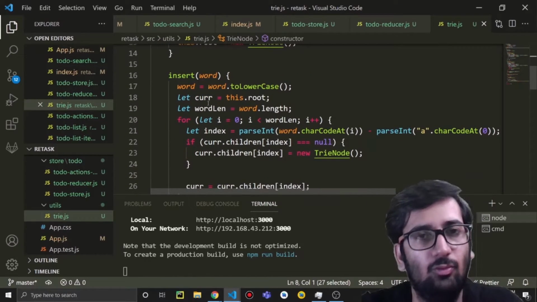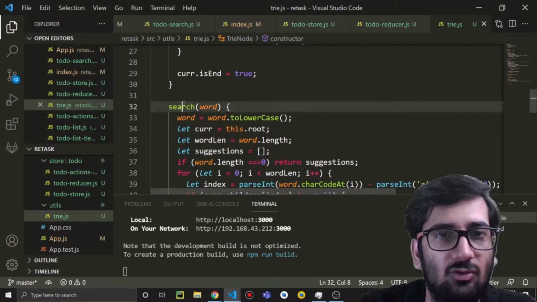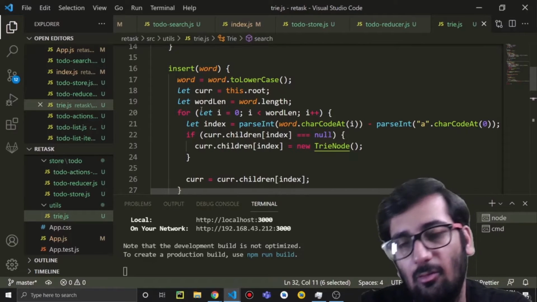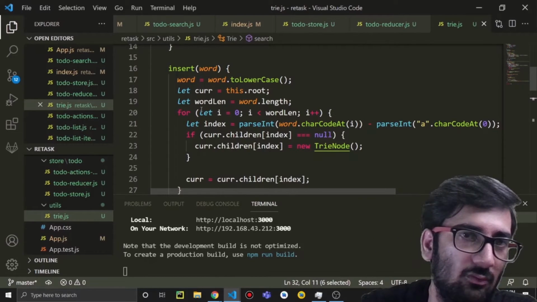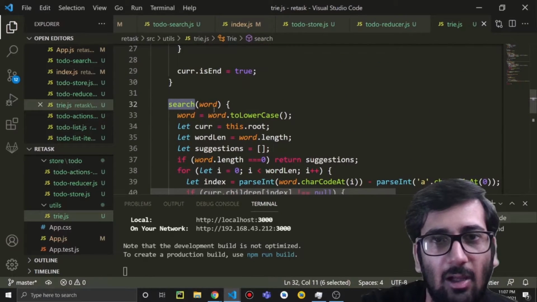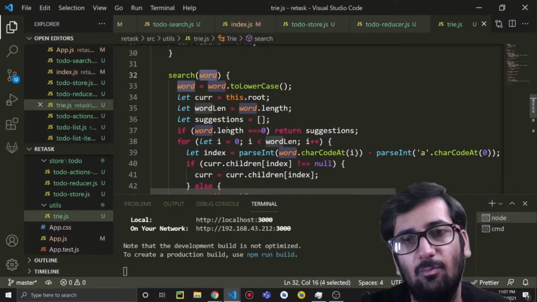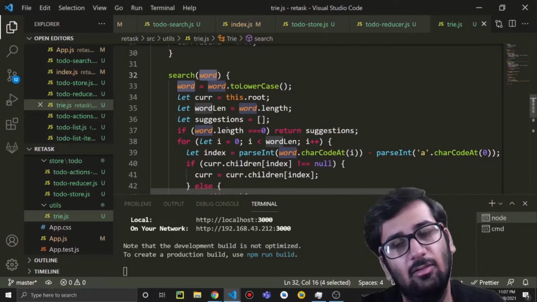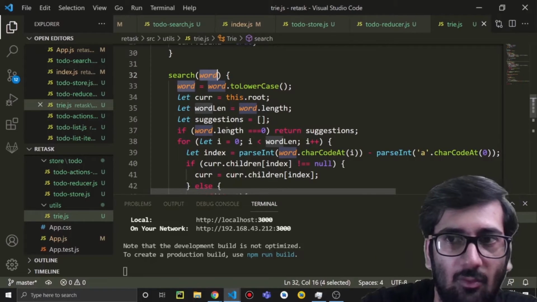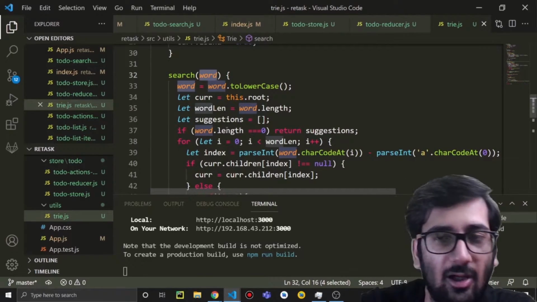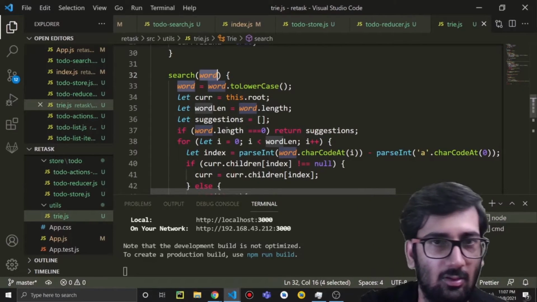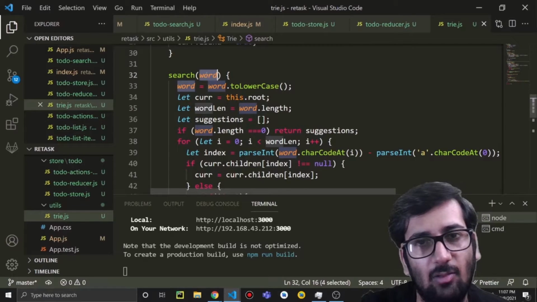Okay, we have two functions here, insert and search. Insert will insert all the words here, all the possible words in our to-do, and I will tell you how we are going to insert those words. And search will search for all the keywords. So for example, we have passed some keyword here. It will search character by character in the trie. That's how the trie works. Okay, if that word is found, it's okay. Otherwise, it will find similar words, or the words that are most available with the prefix of the keyword which we are passing in this search.